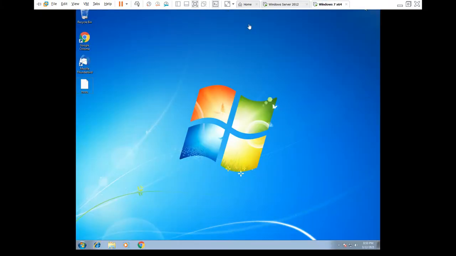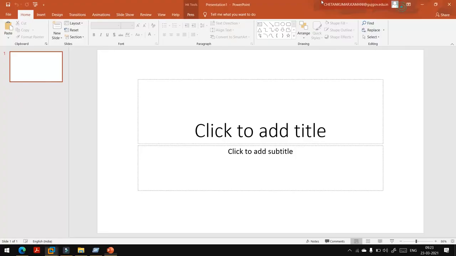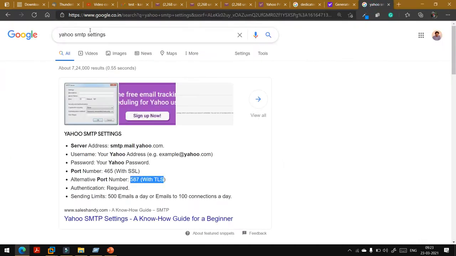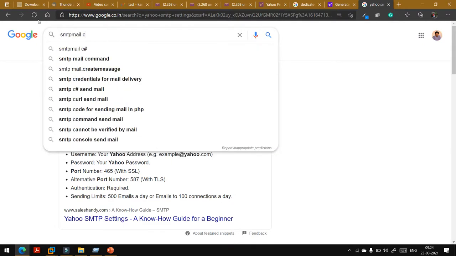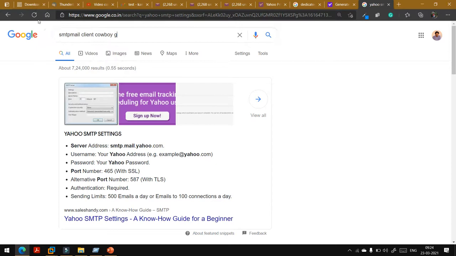Now I have to use this virtual server to transfer mail from my mail server to the destination. There are so many email clients available, but I found one email client on GitHub, SMTP mail client cowboy GitHub.